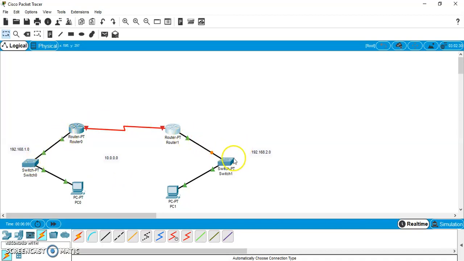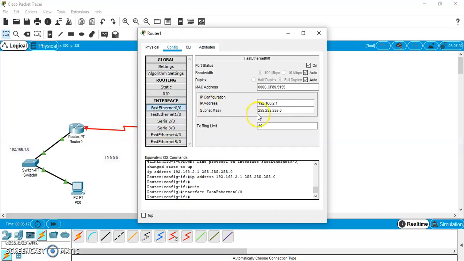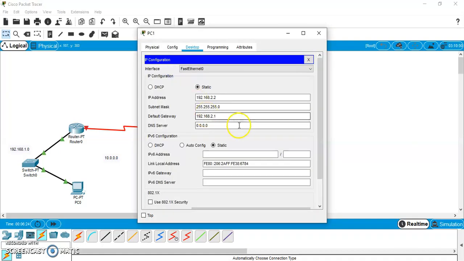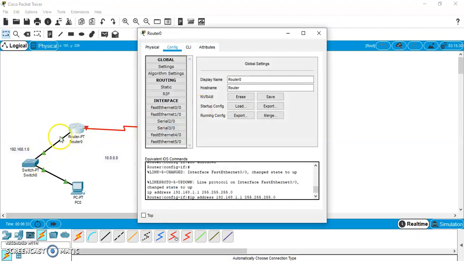Let us check this once again. Fast Ethernet, 192.168.2.1, that is fine, and regarding this the IP addresses are 2.1 and 2.2, which is fine.